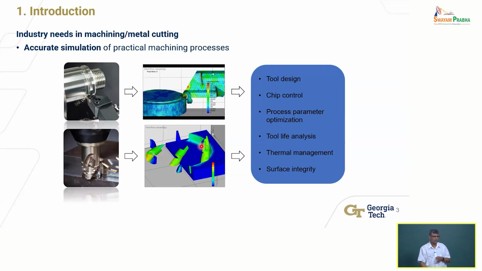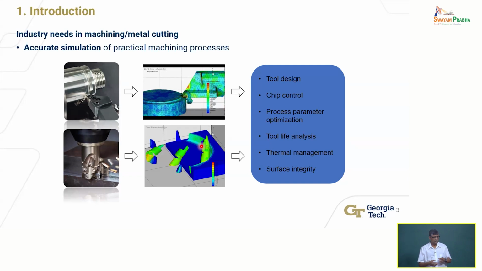So now today, because these simulation tools have been developed, they can use them to at least minimize the trial and error process. It's cheaper for me to run simulations than to go to a machine shop and actually machine and make tools. The tool making process itself is time consuming. If you want to try 100 different geometries, it's going to take an enormous amount of time and money. With simulation, you can do it much more easily. So that's the motivation. They're using it for tool design.